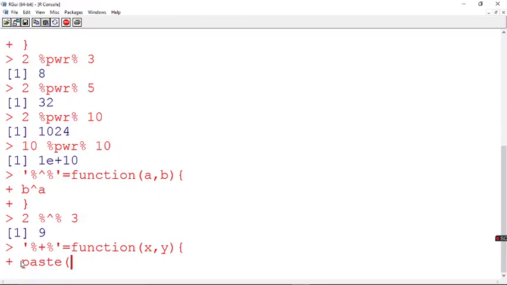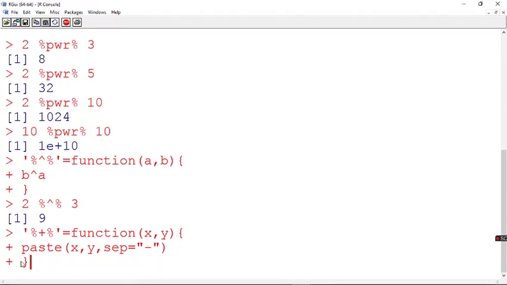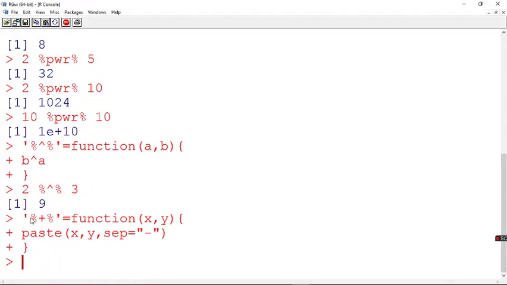So I say paste function x comma y, and I am saying here separator is equal to a hyphen, and I close my brace. What this does is concatenate these two strings, and the separator is going to be a hyphen.